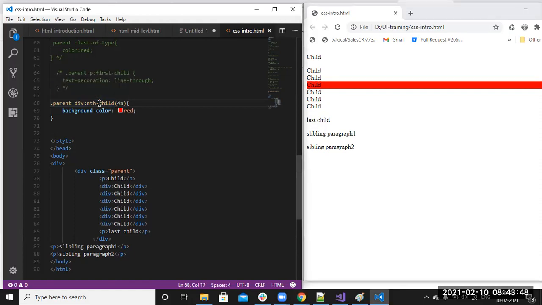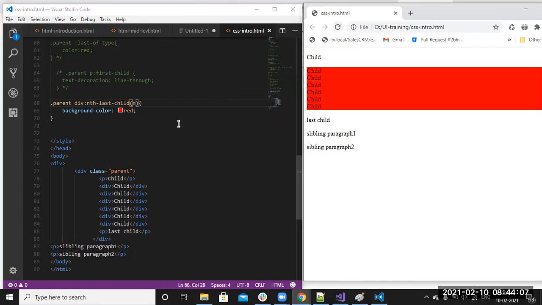But if you want to select the last child, we have one more, nth last child. So n we have written, n minus 1. Again the same thing.